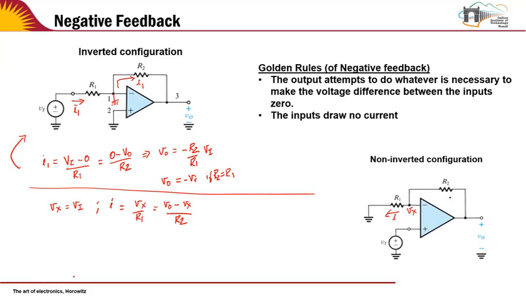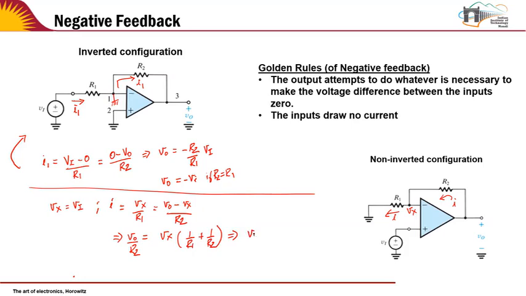So the same current is flowing here as well. And what is the value of the output now? This implies V0 by R2 is Vx into 1 over R1 plus 1 over R2